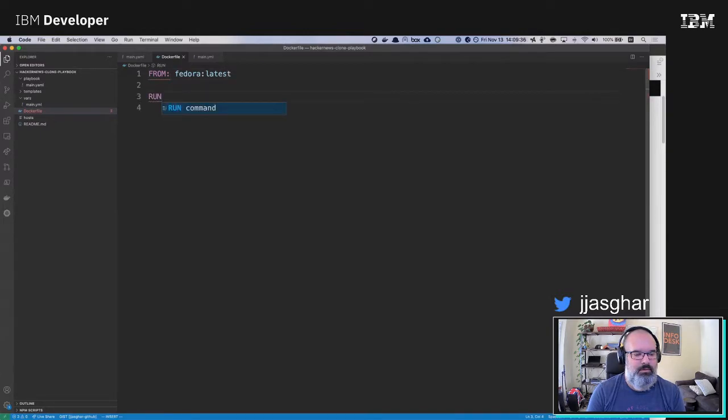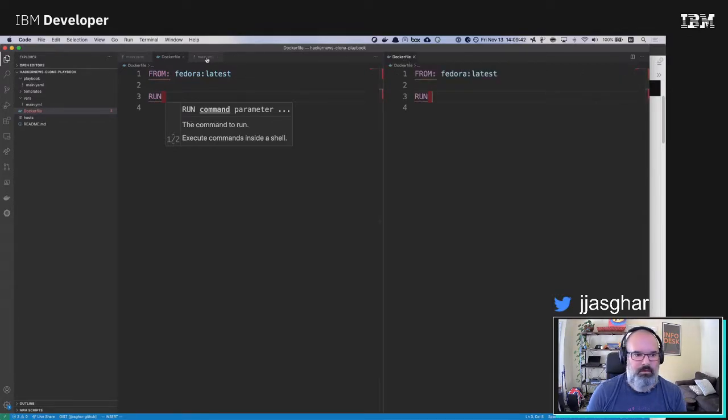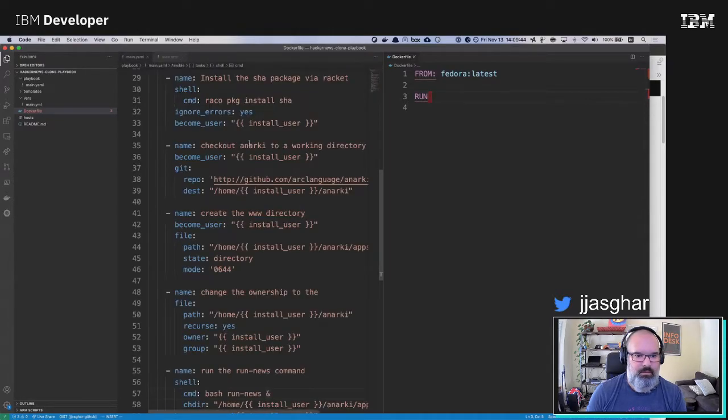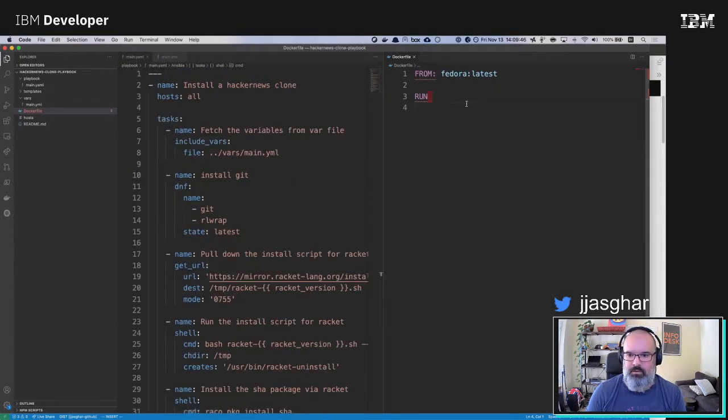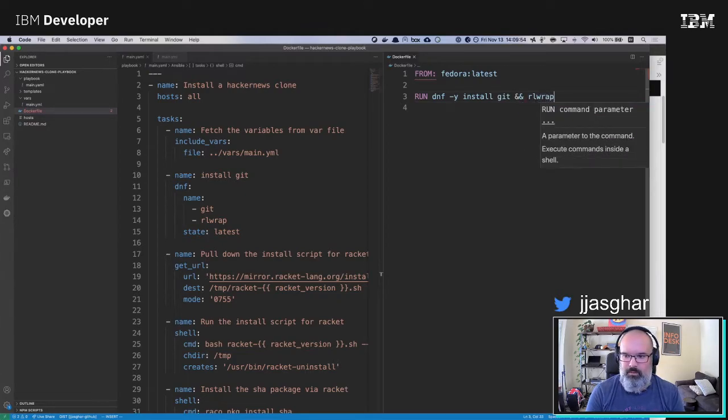Run. What I can do is just split that, close that, come back up here, and then run dnf -y install git and rsync, and then